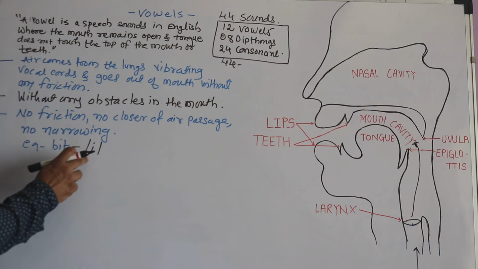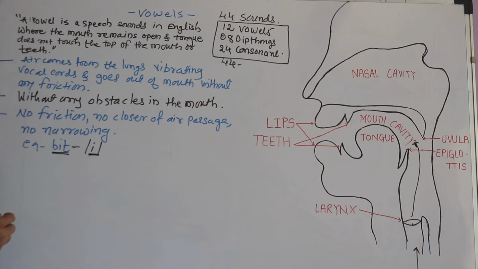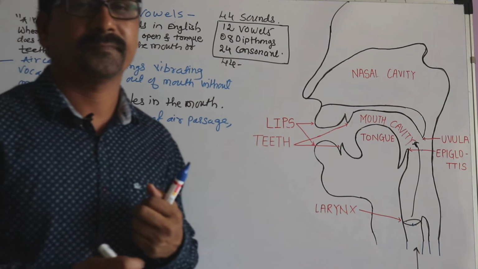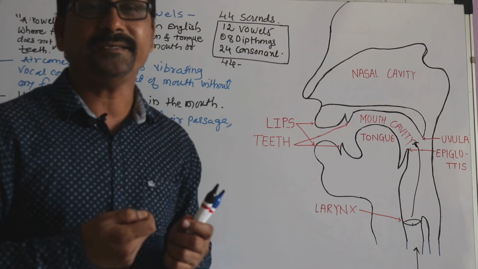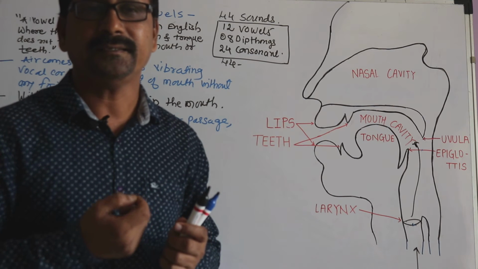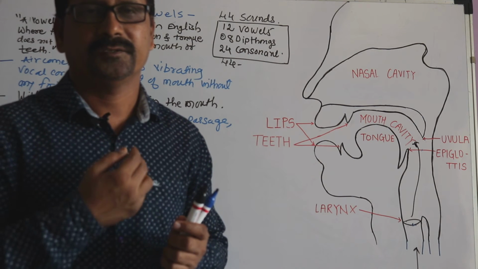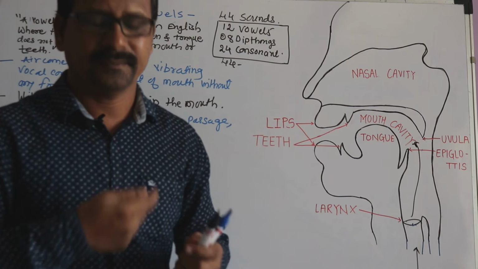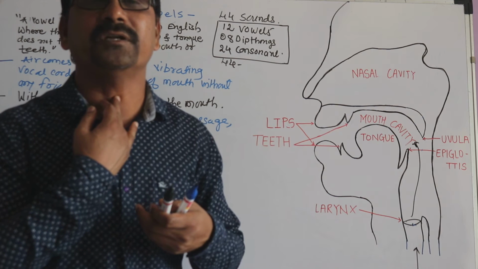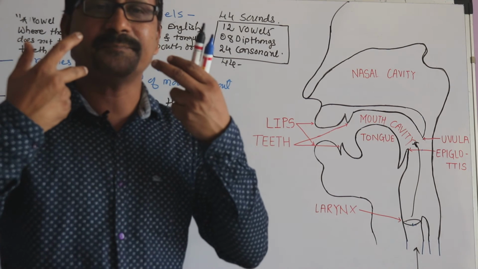Okay, what happens when we produce this sound? This sound E. Just look at me very closely. When I have to produce the sound E, E as in beat, E as in seat, not sit. While producing the sound E, the air comes from my lungs, definitely vibrating the vocal cord, and comes into the mouth, E. My lips are spread somewhat extended,